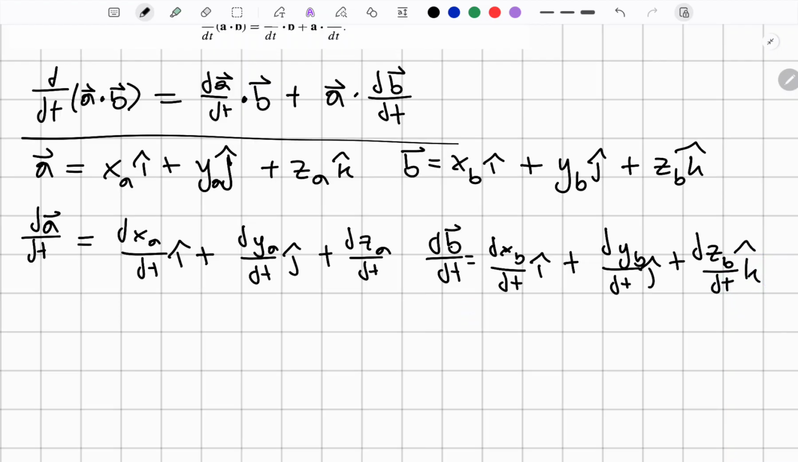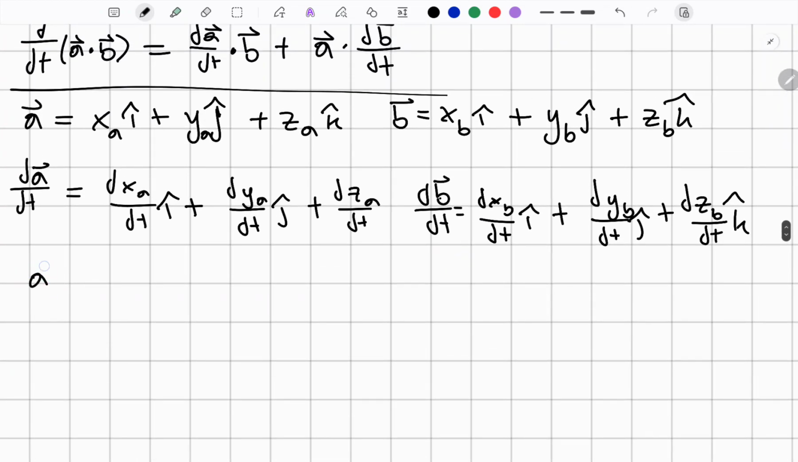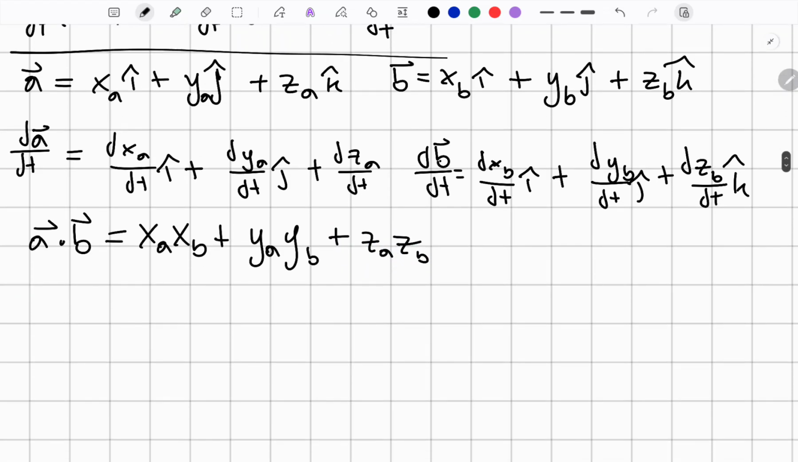From this point, we can go ahead and find A dot B, which is going to be XA XB plus YA YB plus ZA ZB. And we can go ahead and take the derivative